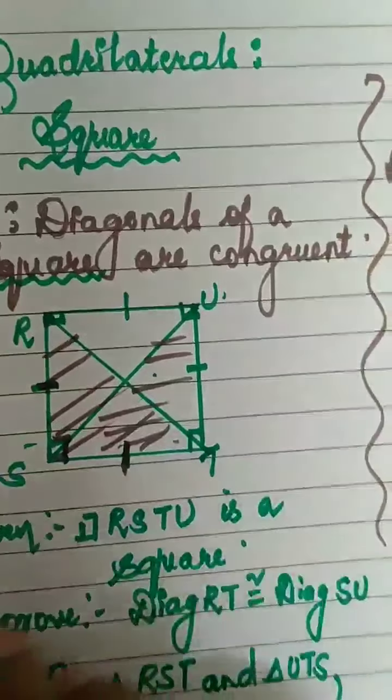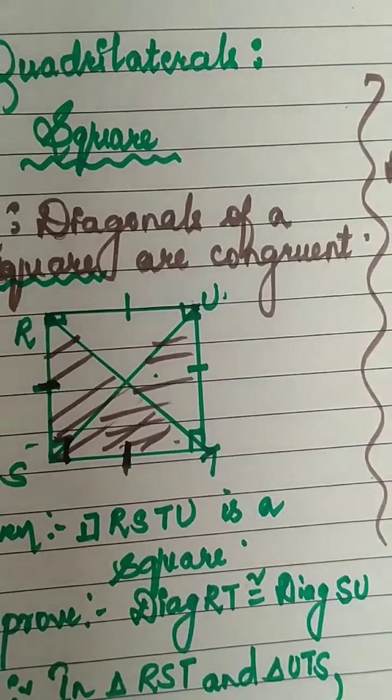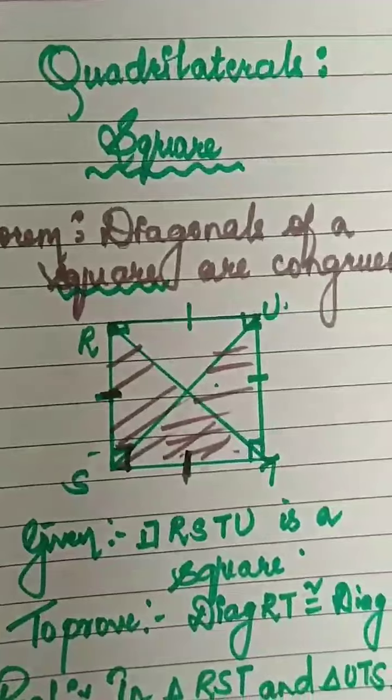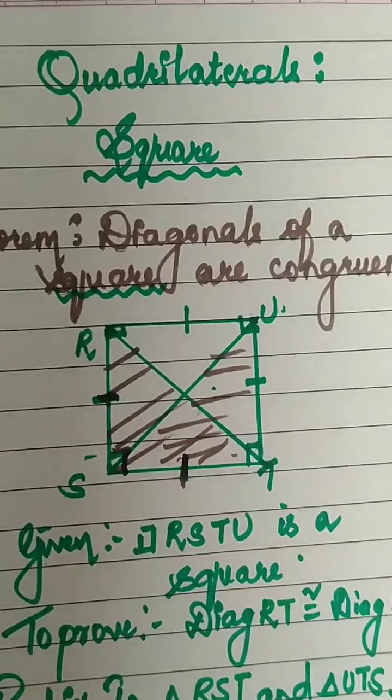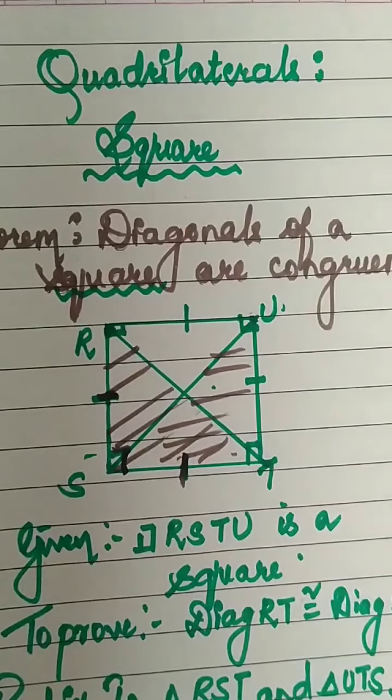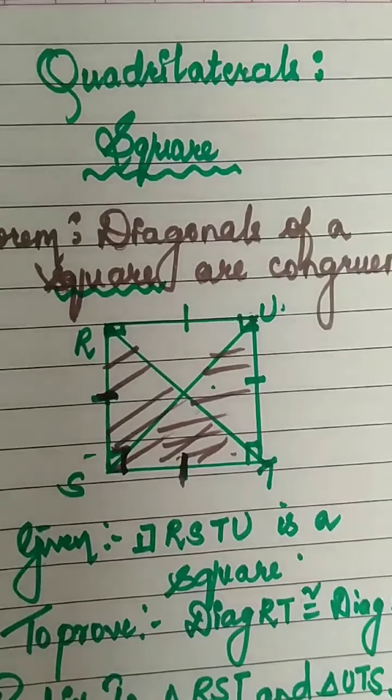Write the theorem in your book and prove it on your own. In the next class, we will start with practice set 5.3. The other theorems are cancelled for this year, that is, diagonals of square are perpendicular bisectors of each other, and diagonals of rhombus bisect opposite angles. Only those properties you keep in mind and learn, which I have uploaded for you for 8th standard as well as I have shared for you also. Go through those properties and we will meet with practice set 5.3 in the next class.